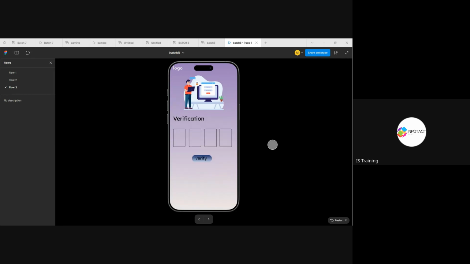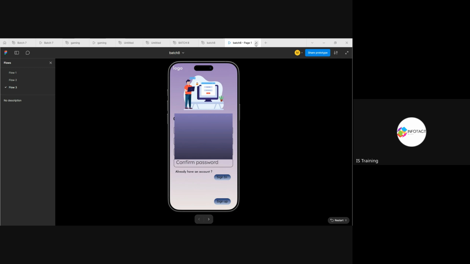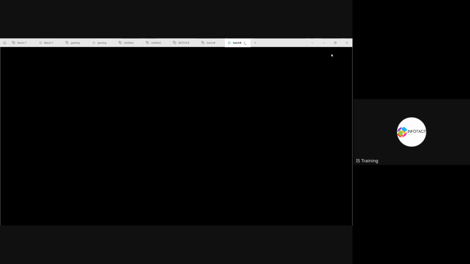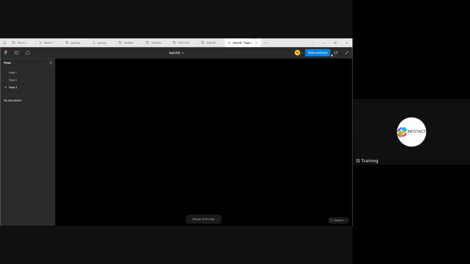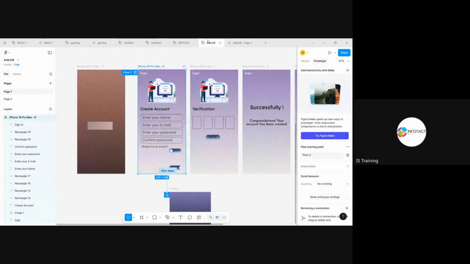Like now you can see, after 600 milliseconds it is displaying without your clicking. So this is a feature of the after delay. If you click on this and click over the prototyping... Okay. So if you are making an e-commerce website, for example,